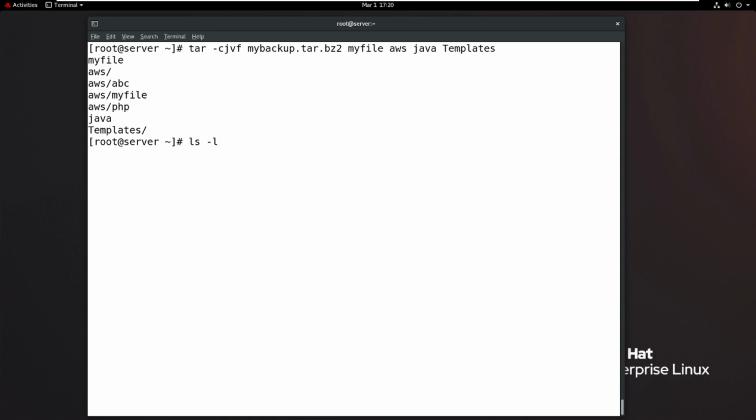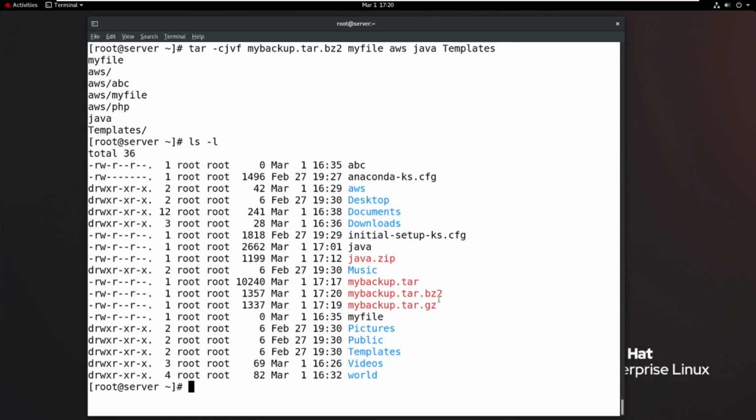If I run ls -l, now see, if I use gz, the file size is 1337. But with bz2, if you use the j option, the file size is 1357. There's a small variation of about 20 blocks. But your original file size is 10240. So when will you use the j option?